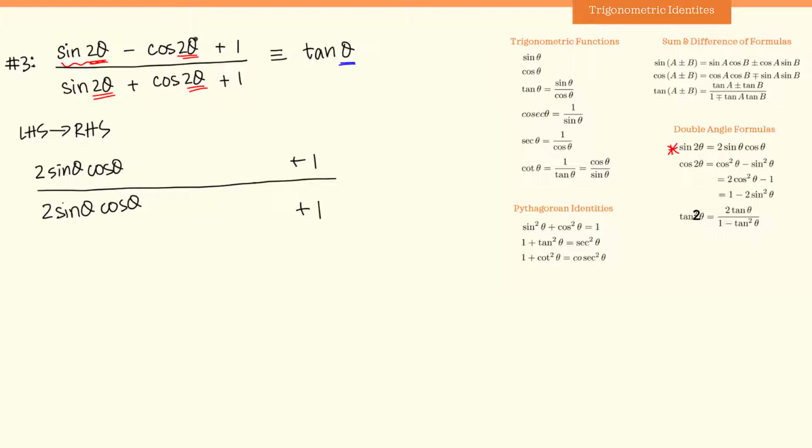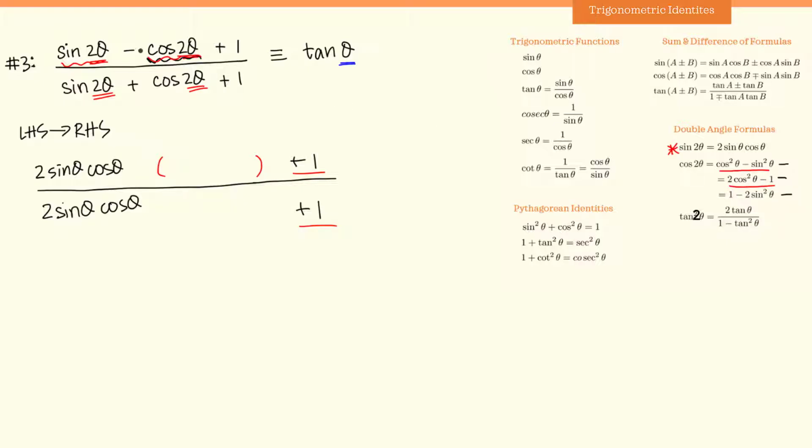Now let's look at what formula we will use to replace this cosine of 2 theta. There are 3 formulas for cosine of 2 theta, and I need to use one of these 3 formulas. If you look on the right hand side, there is no plus 1 on the right hand side. So this means I need to cancel these ones both in the numerator and in the denominator. So in place of this cosine 2 theta, I need to replace this by something that cancels this one out. I cannot use this first formula because this has no plus 1 in it. If I use the second formula, however, it has a minus 1 in it.